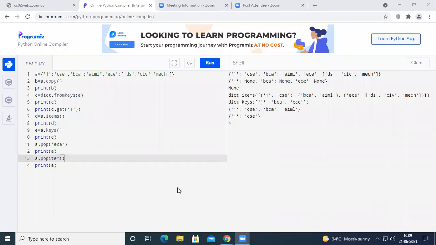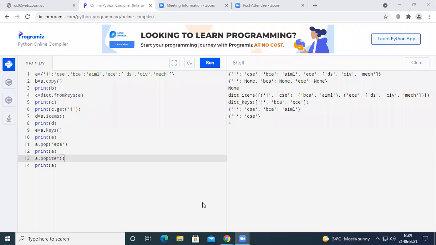Okay, so the next function, after popitem, we are going to have a look at the function called update. What this update function does is it updates the specified key-value pair.